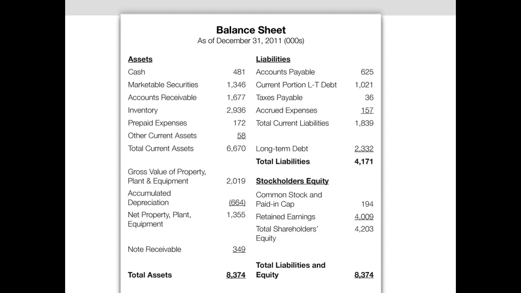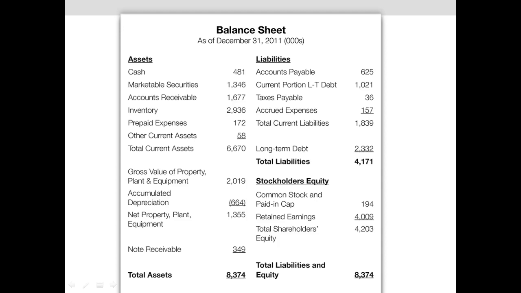Now we are going to look at each section of a balance sheet. First we look at assets, starting with current assets. Current assets are cash, marketable securities, accounts receivable, and so on. If you don't know the current asset types, they have given a total current assets, so these all come under current assets. As for current liabilities, it is the same thing: total current liabilities is given, so these all come under current liabilities.